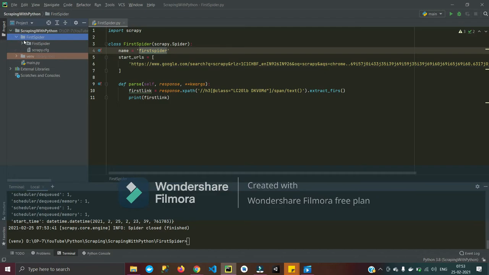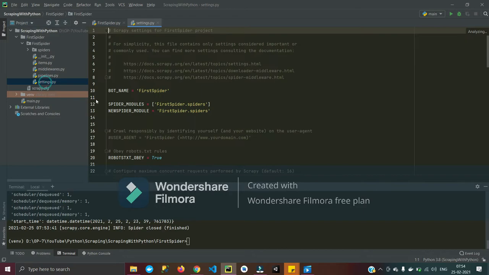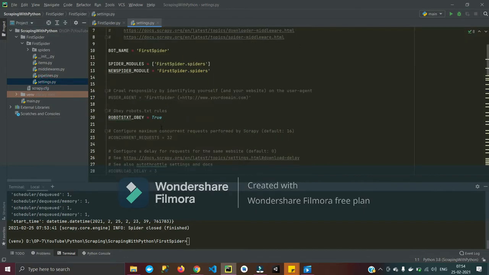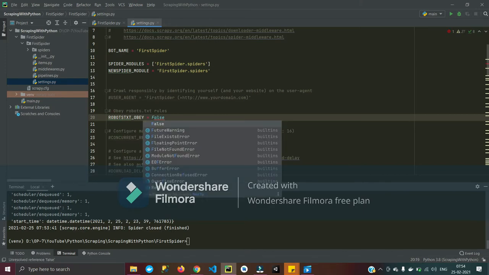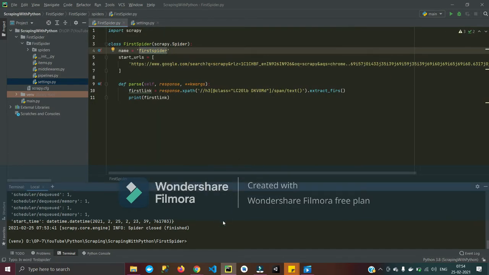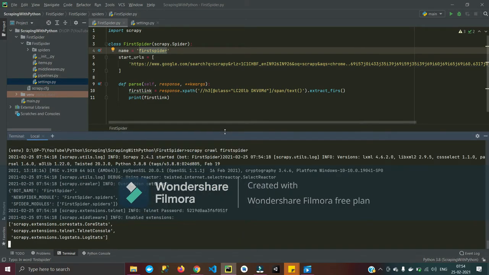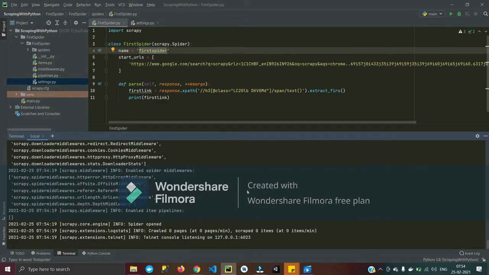I run the command scrapy crawl and the name of the spider that I told you earlier that we need to pass. Now we got some error that robots.txt is not allowed to scrape. Now I need to make it false in the settings.py. We'll get back to the settings at a later point of time. Let me run again,